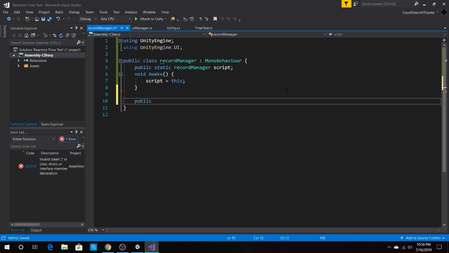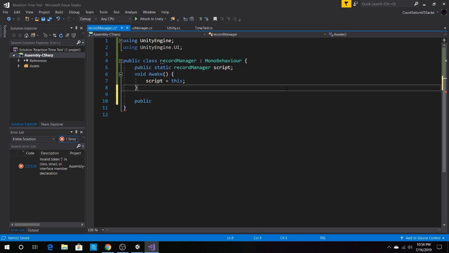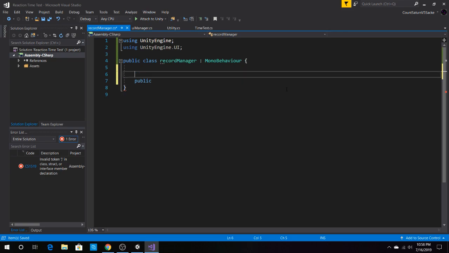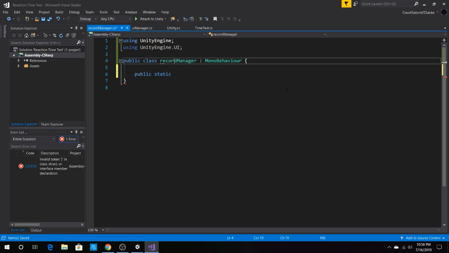Should this be static? Actually, we might not need that. So we'll have a public static list of